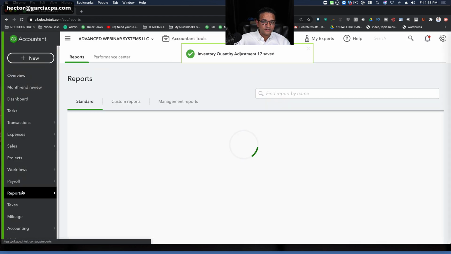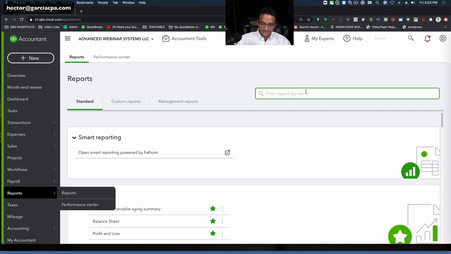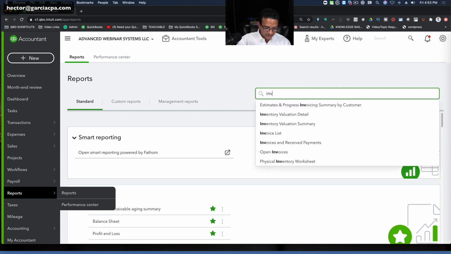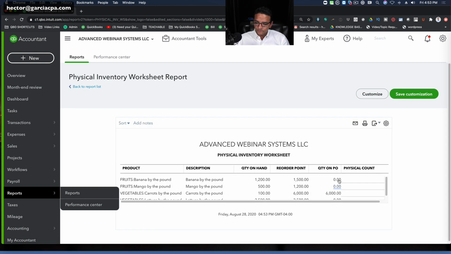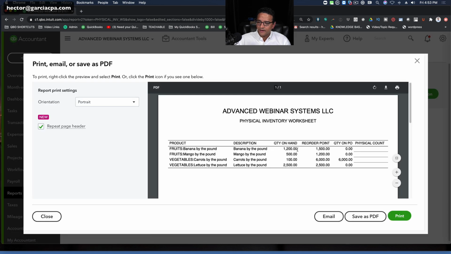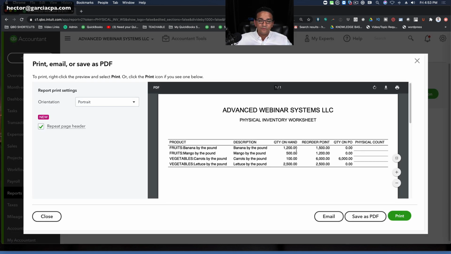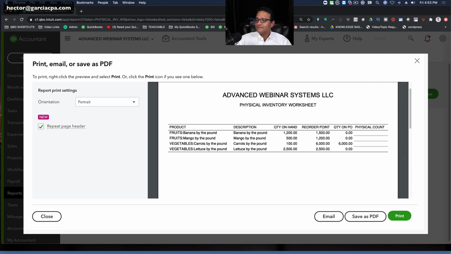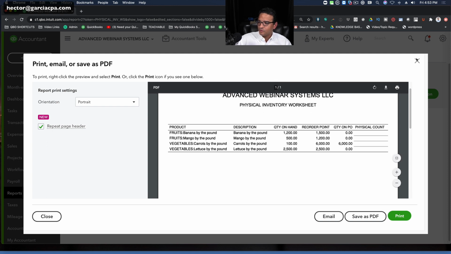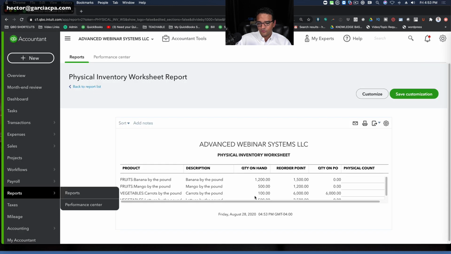Finally, we got reports. When I go into reports, I can search for a couple of inventory reports. I'll type inventory in my search. I got a physical inventory worksheet. That report is useful for me to print this out. Let me show this in PDF. You print that out, give it to your warehouse manager and say, go count, right? And then they'll go count and then they'll fill in what the actual amount you have in stock is, and then you will go back and do an adjustment based on that inventory,